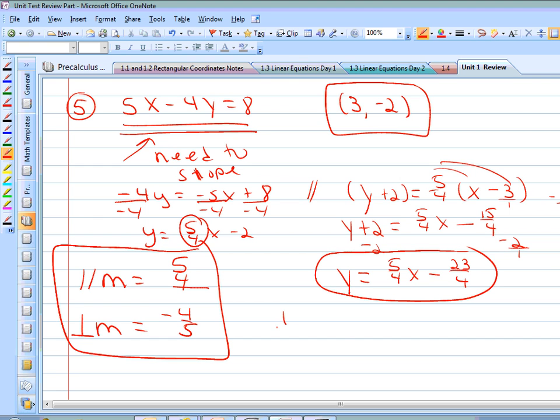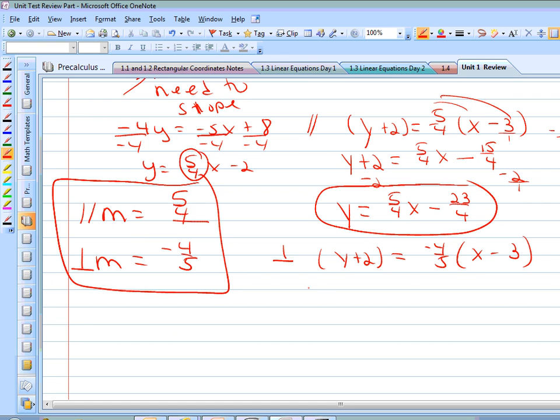Now let's look at the perpendicular line. Very similar. We're going to use the same point, so we're still going to have y plus 2. But this time our slope would be -4/5 times x minus 3. So let's do this one, distribute. So we have y plus 2 equals -4/5x. Put the 3/1 and multiply the top. So -4 times -3 would be a +12, and 5 times 1 would be 5. All right, we're going to subtract the 2 from both sides. So y equals